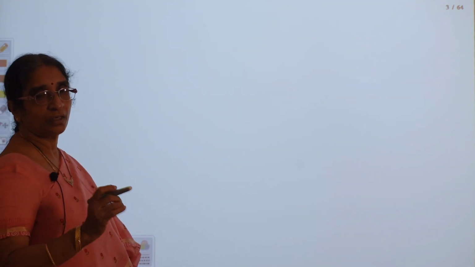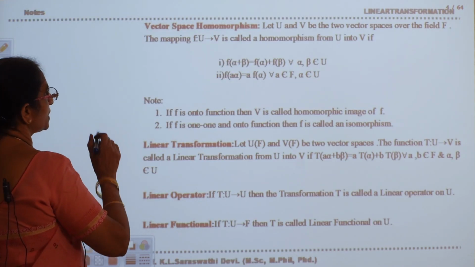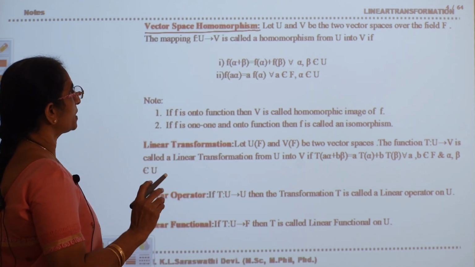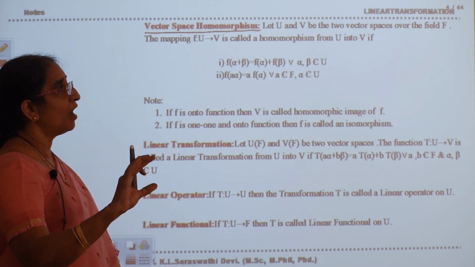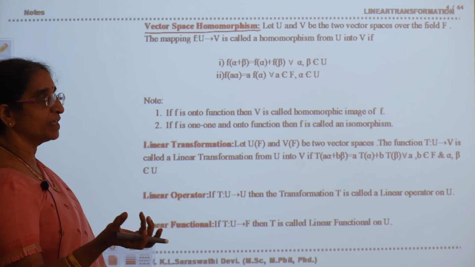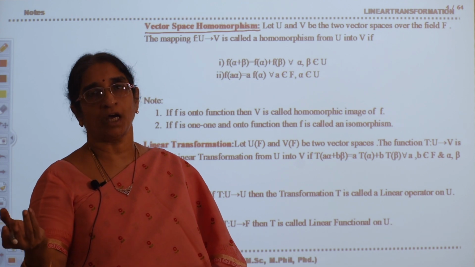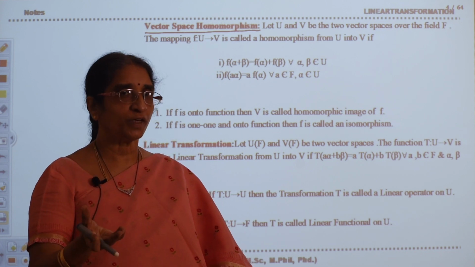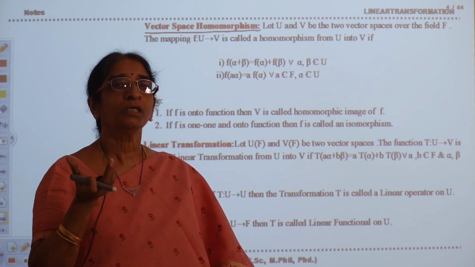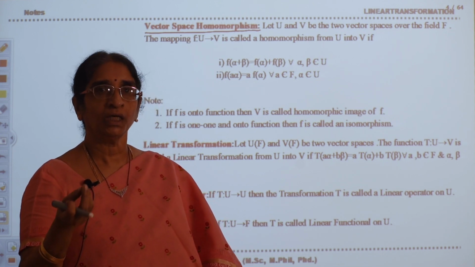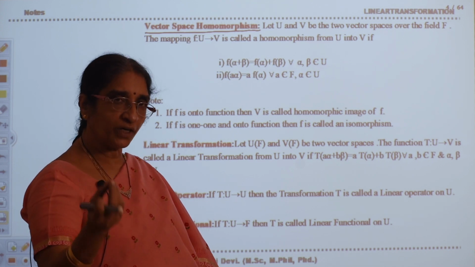Linear transformation. The other name for linear transformation is vector space homomorphism. It is also called vector homomorphism. Vector homomorphism or linear transformation, both are the same. Now, in order to define a vector space homomorphism, you need two vector spaces. Let U and V be two vector spaces, but these two vector spaces should be defined over the same field F. Okay. Now, if f is a mapping from U to V,